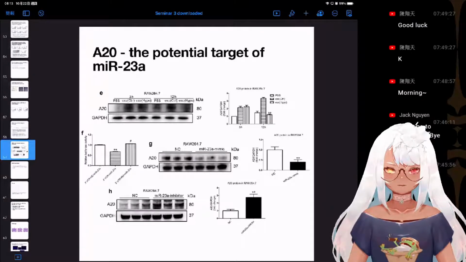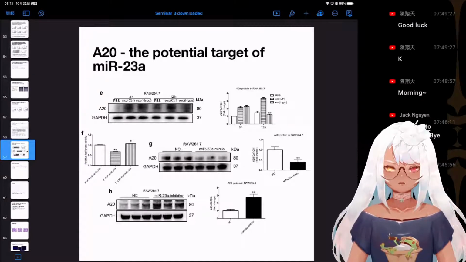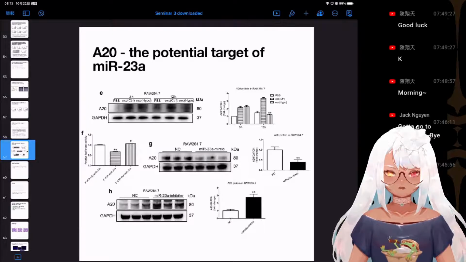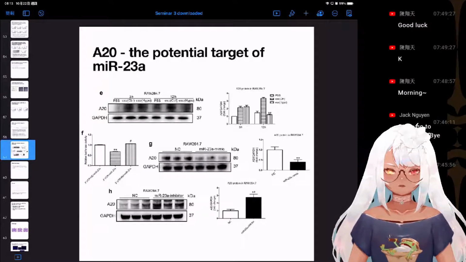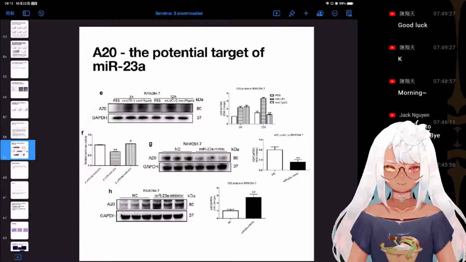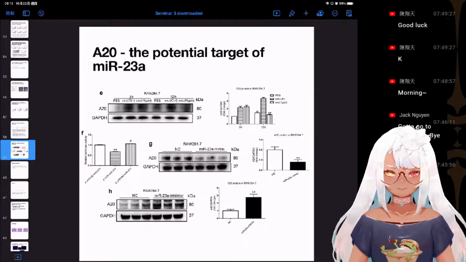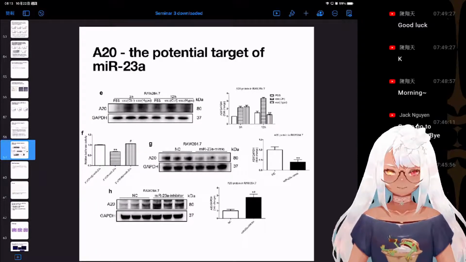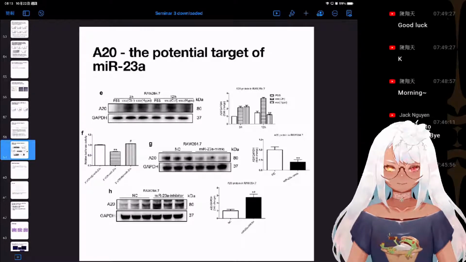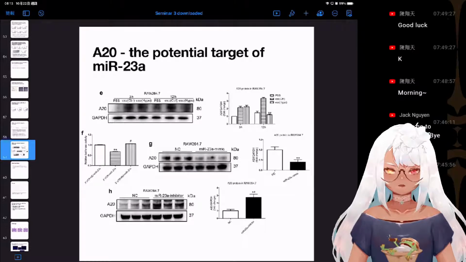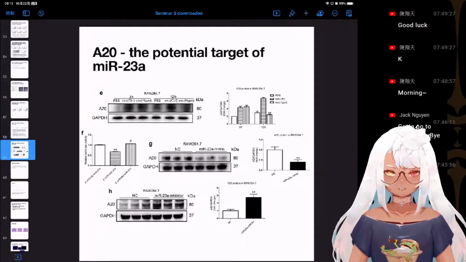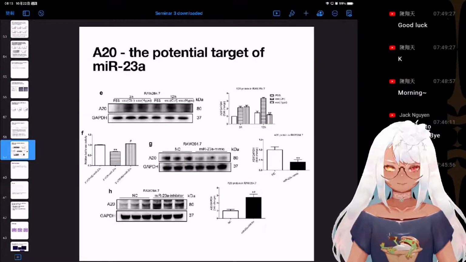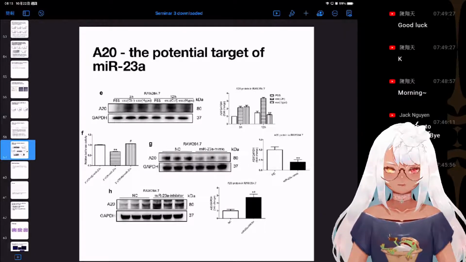And so, having found out the potential target, the author will test whether it is actually regulated by mitochondria. So we can see that in terms of Western blot, if the mice is exposed to this hypoxia mitochondria, hypoxia exosome over time, the expression of A20 will decrease, as you can see in the quantized graph here.